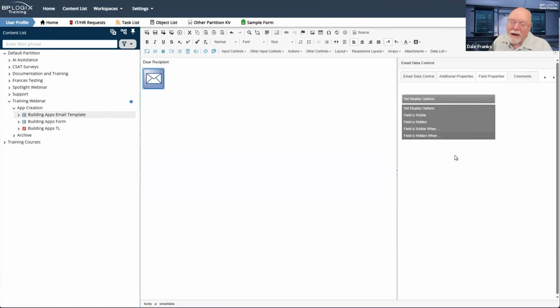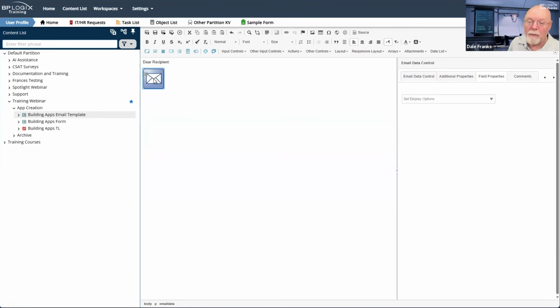If you inadvertently happen to make two email controls visible at a given time, then the first email data control that it encounters will be the email data control that is set as the email data control for all of the emails that get sent during that round.